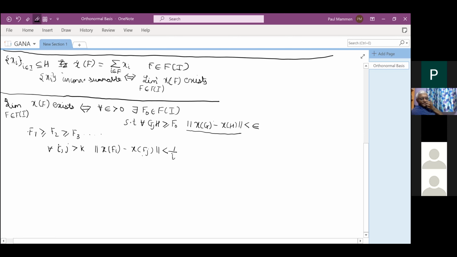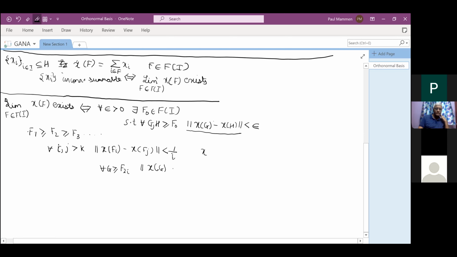And now, if I have this condition on the LHS, so now I have a Cauchy sequence, and if this limit is x, I can do the same thing where I take all g greater than or equal to f2i, and I can take this xg minus x